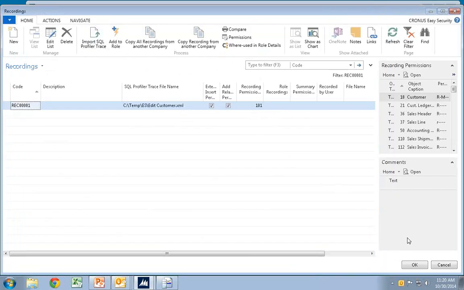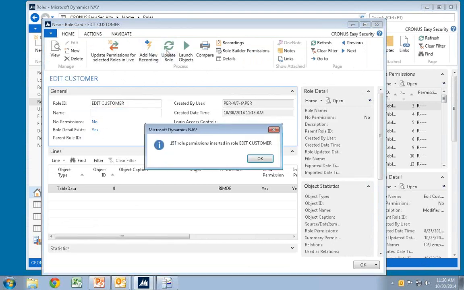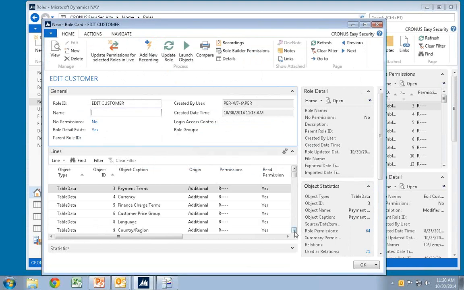But let's go ahead here and add my new recording in here, and I'll use this function to update the role in here. And that's actually the second part of the EC Security, because my 101 permissions suddenly turned into 157 in here. And that's really because I don't have to do every little drill down when I'm recording permissions in here.